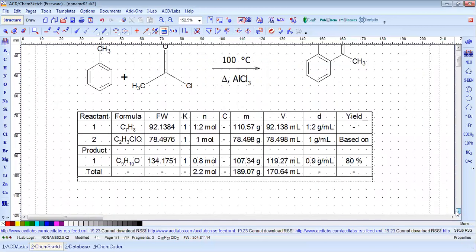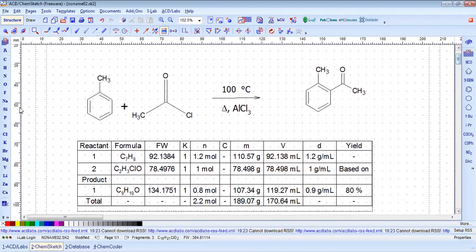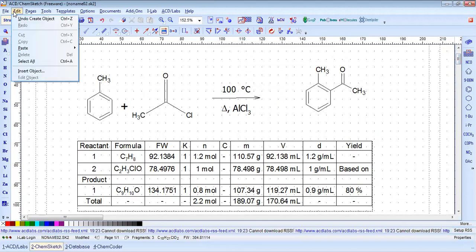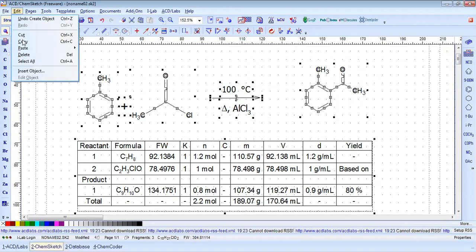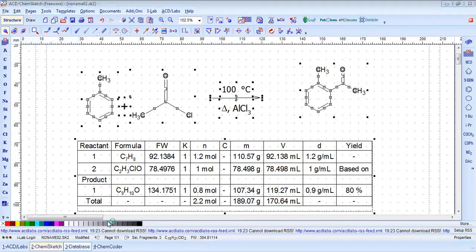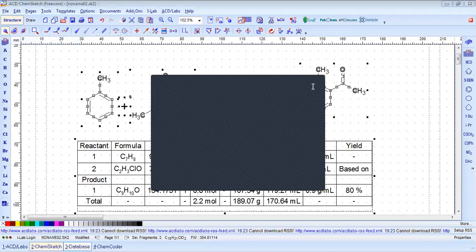So it is a very easy job, because if you go with the traditional method, it's very difficult to calculate the formula weight and the yield, and it will take time. So how do we use that particular data in our presentation? Go for edit, select all, again go for edit, copy, and use a Word file or any other file and just paste. Okay, so all the data is now available here. The same is applicable to PPT.